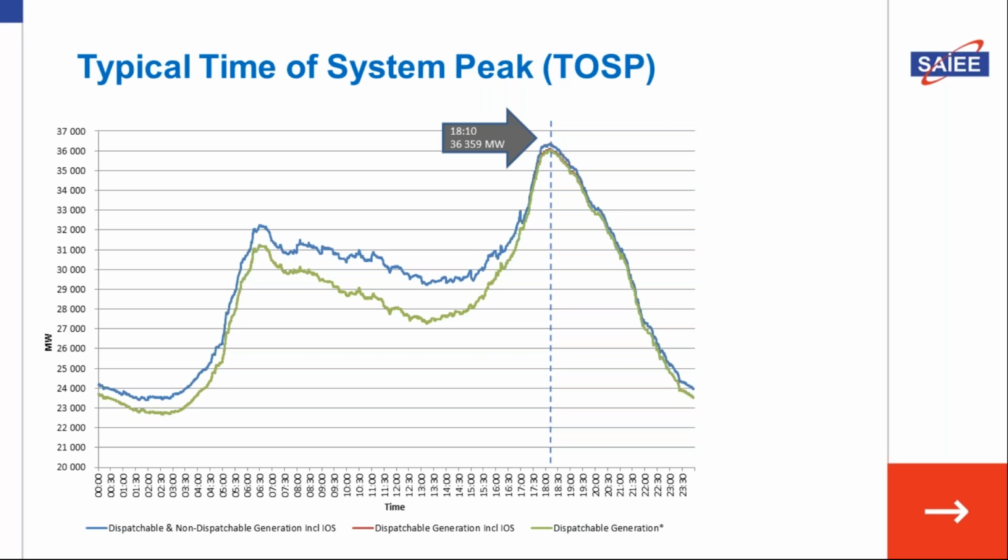This is just a typical time of system peak, where, as you know, in the load profile we have a peak in the morning, and then we have a peak in the evening. Now, this is the peak that we actually assess the network on. We stretch it to this level, and if you look at this profile, you can actually see here we have